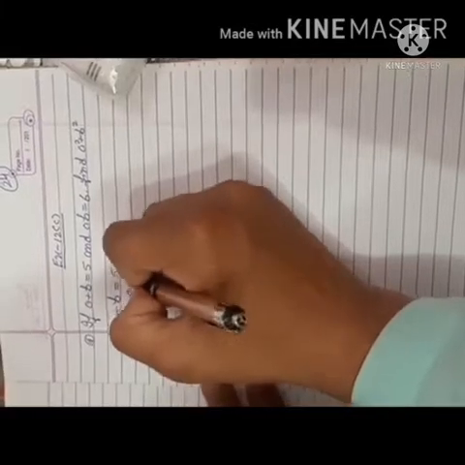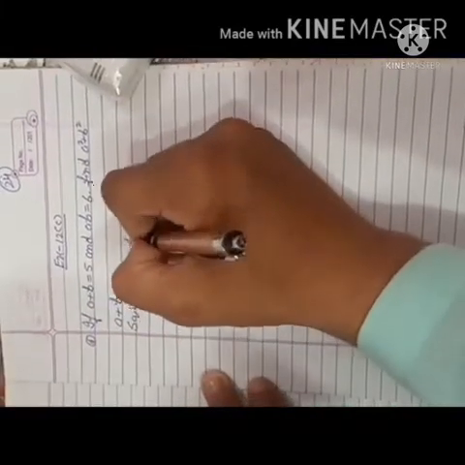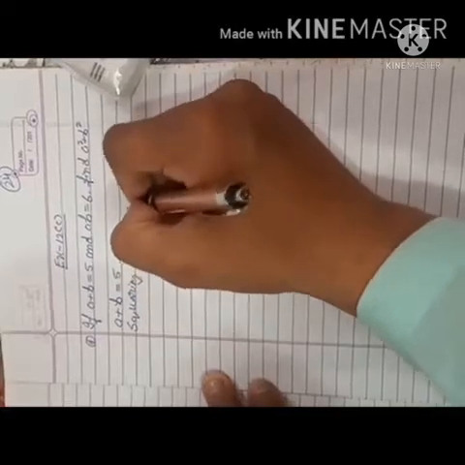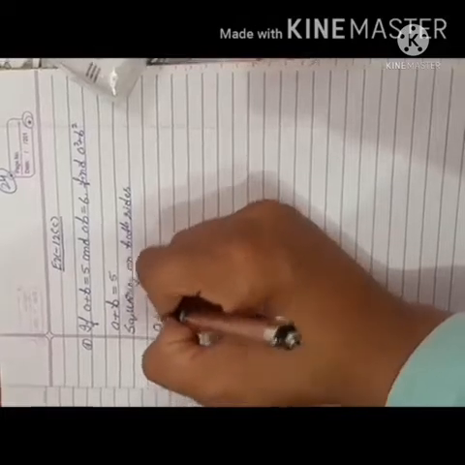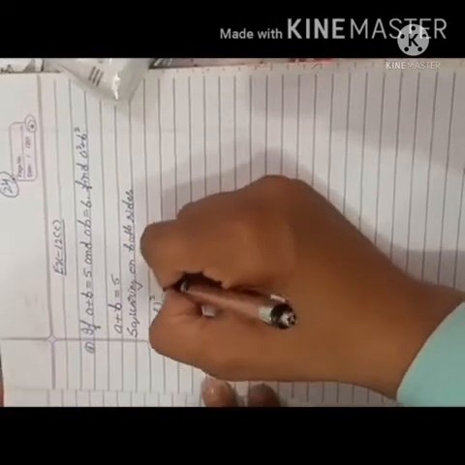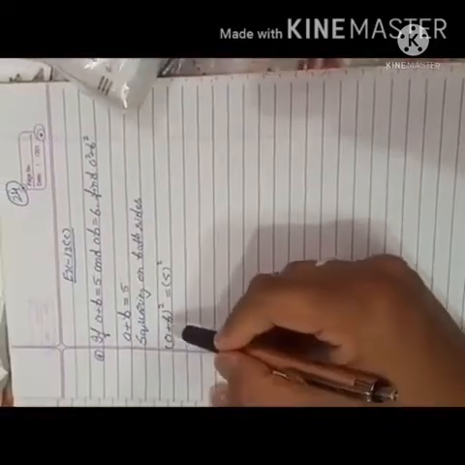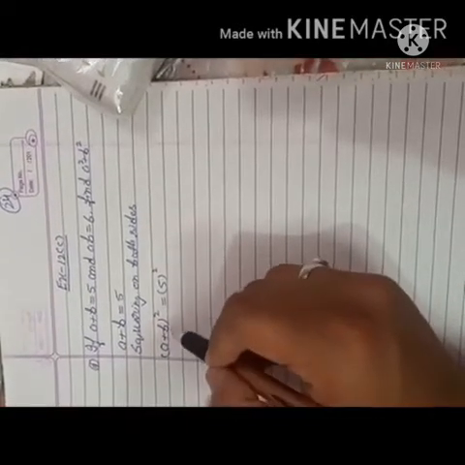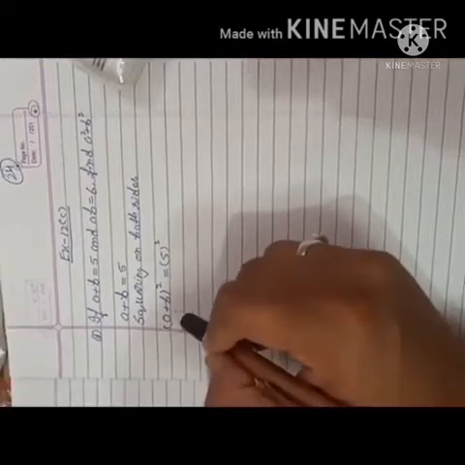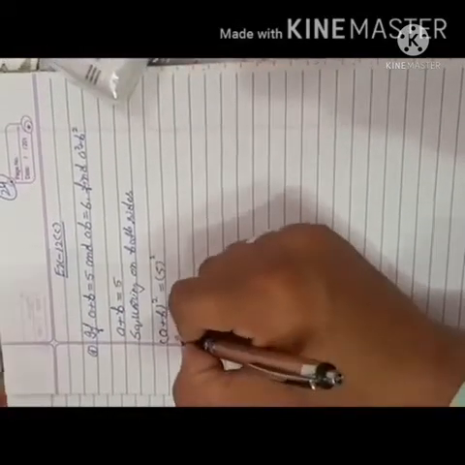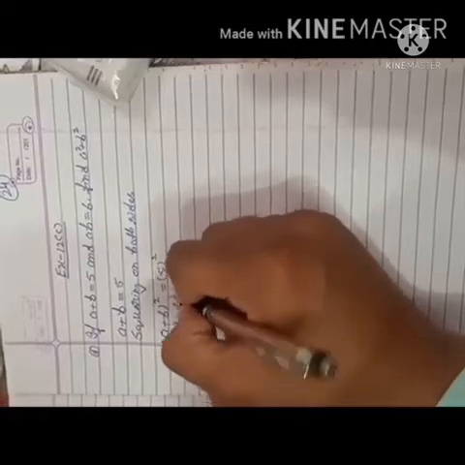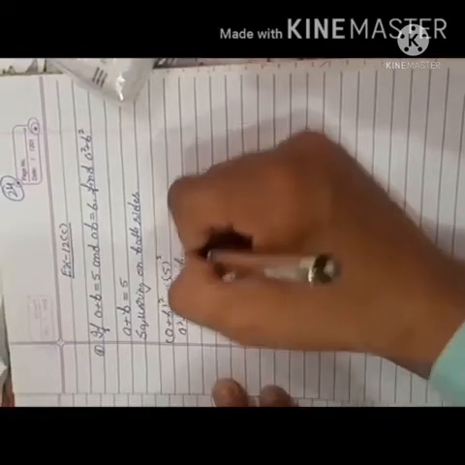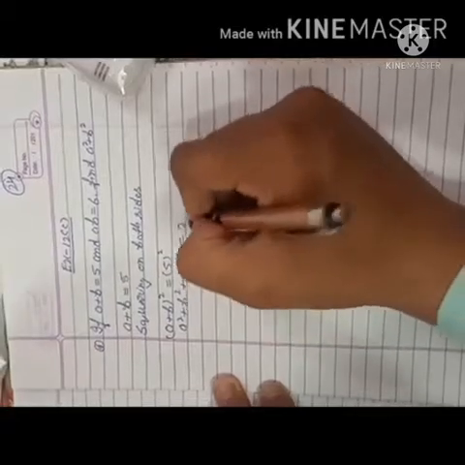Squaring on both sides. So if we do the square of a plus b, we will write like this. Then we will do the square of 5 also. A plus b whole square is a formula that I gave you yesterday, so you have to learn that formula. So a plus b whole square means a square plus b square plus 2ab is equal to square of 5,